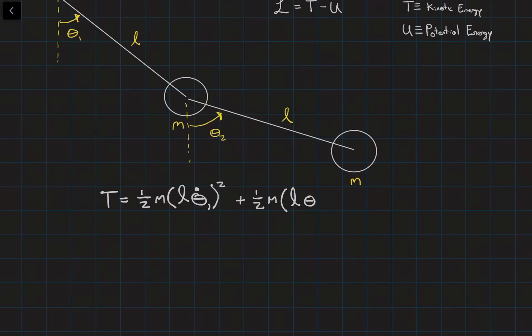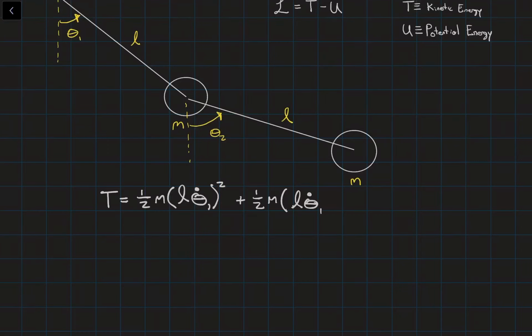Oh, sorry, I made a mistake here. This is the most important part. So the second mass is moving, our coordinate is defined with respect to the first mass. So our velocity needs to be the sum of the two velocities, right? If that doesn't make any sense, hopefully it will in a second here. So this is going to be